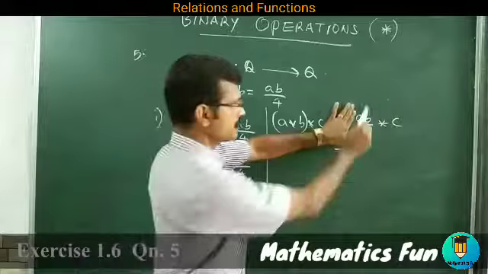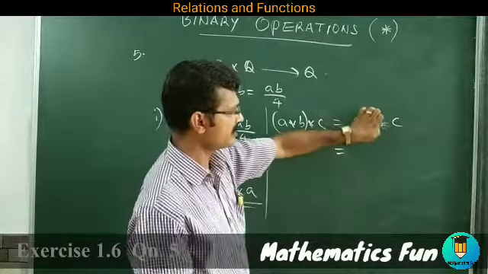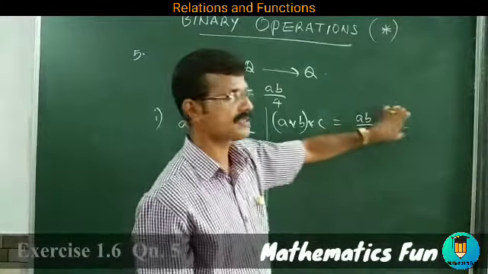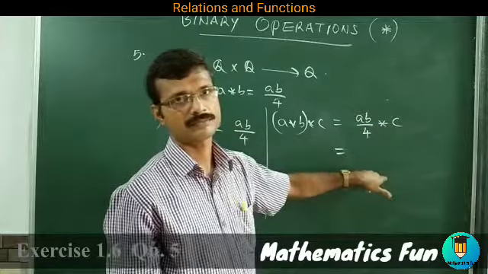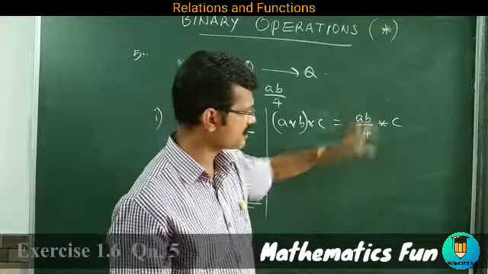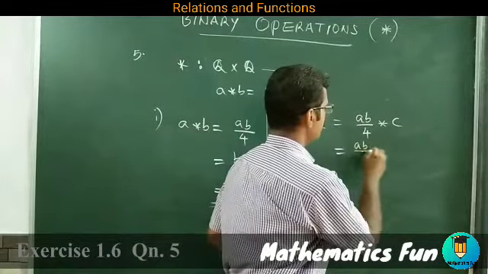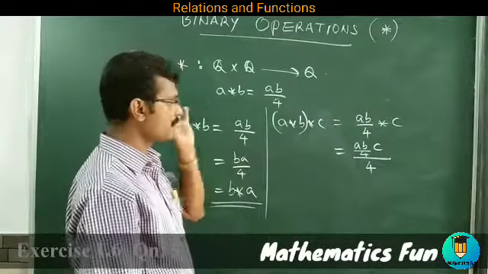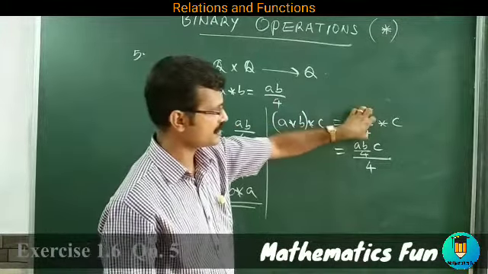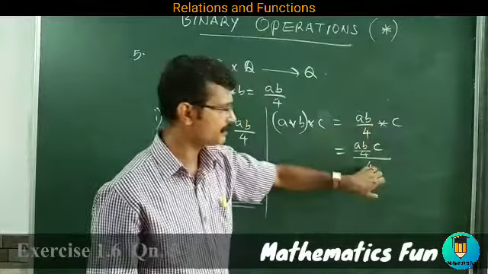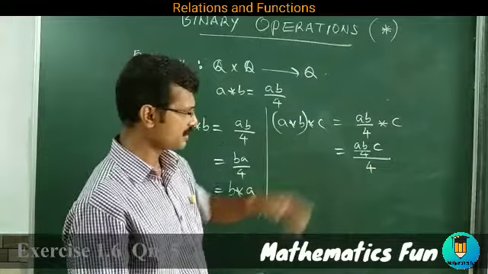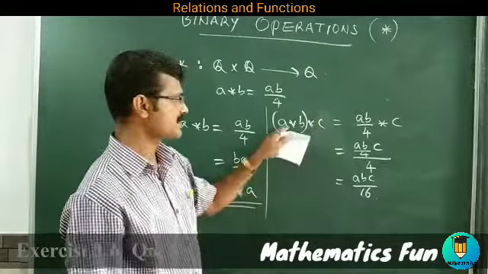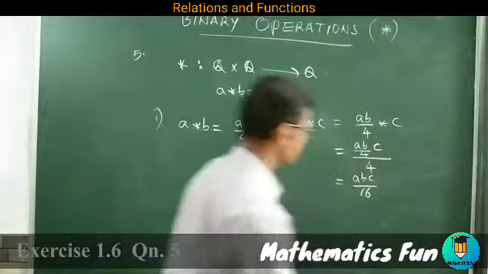Now here again, if you see two elements, it is just like if I replace this, let it be x, star C. X star C will be what? If you use this rule, x star C is equal to xc by 4. Here x is AB by 4, so I can say AB by 4 into C by 4. I applied this rule: the first element is this, so this into this divided by 4. Now if you simplify, it becomes ABC by 16. So I got (A star B) star C is ABC by 16.